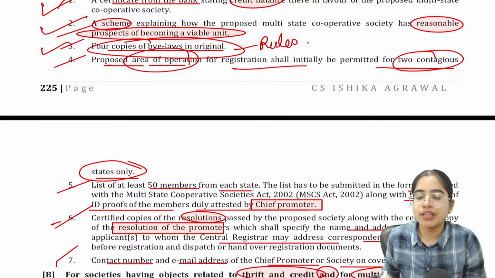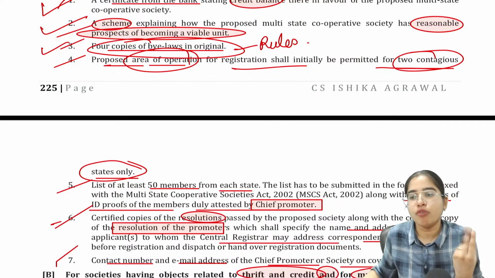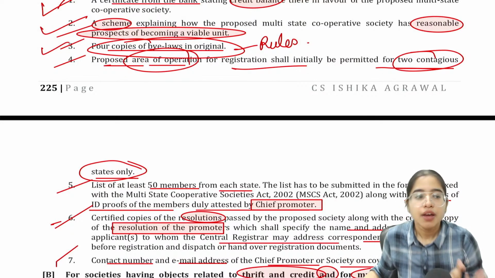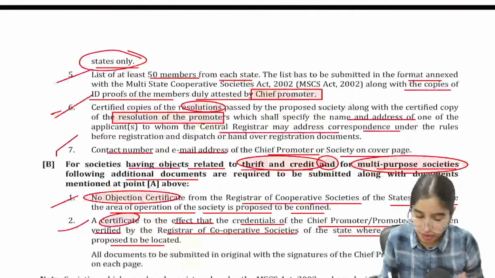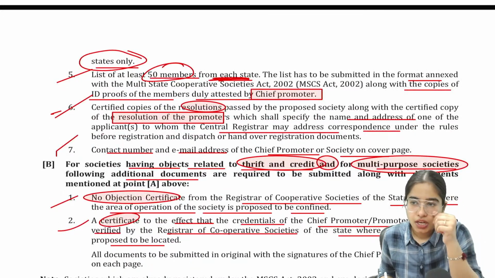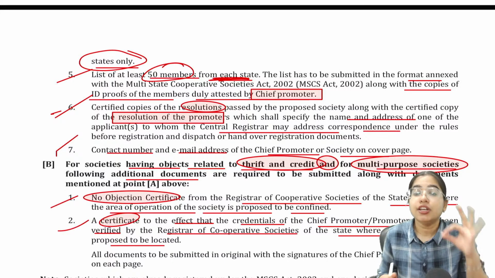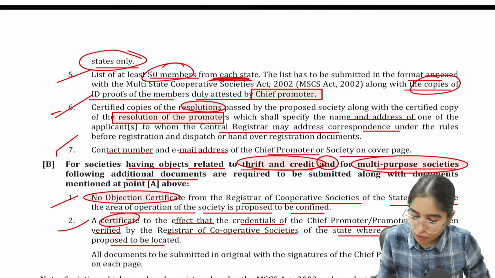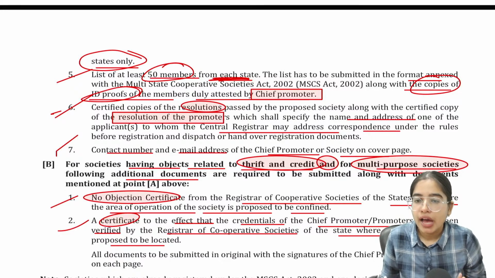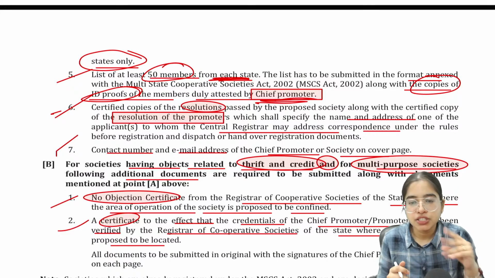Here one point is given that you should give the area in which you will operate, and obviously there should be minimum 2 states because you are forming a multi-state cooperative society. List of 50 members: there should be minimum 50 members in order to form a multi-state cooperative society, along with a copy of their ID proof, and their ID proof duly attested by the chief promoter of